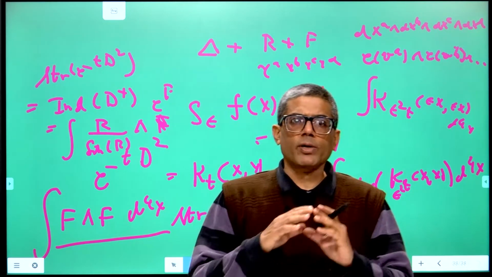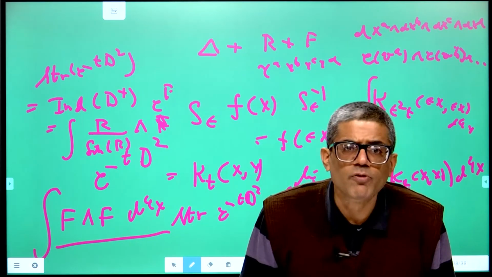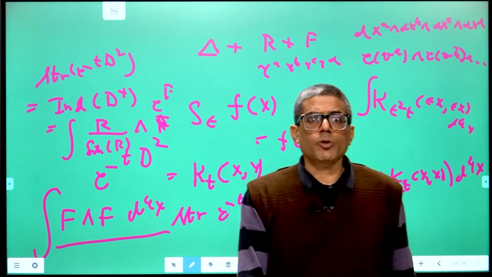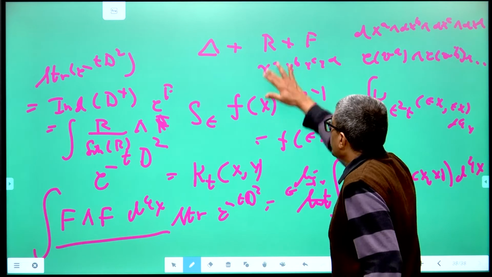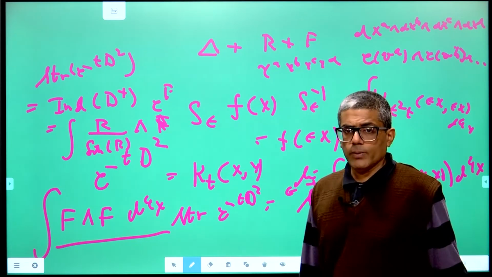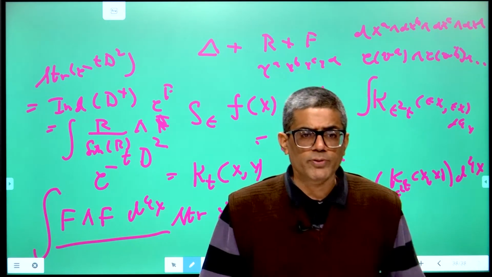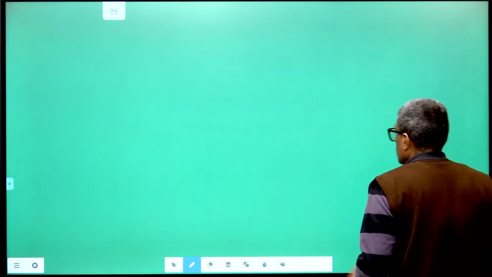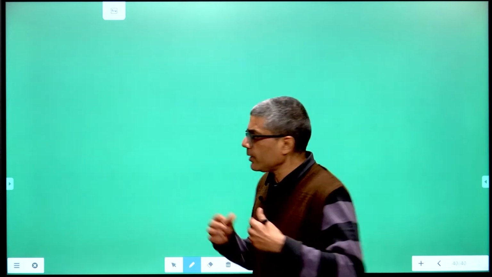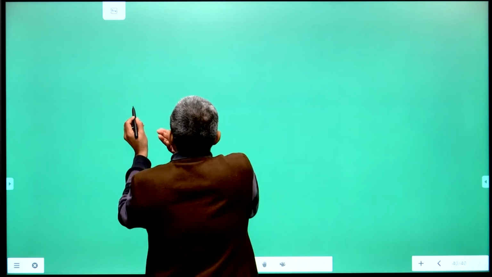In that way you are able to connect the algebraic properties of operators with integrals over topological classes. This was the major idea in the proof of the Atiyah-Singer index theorem. Let us see from a physical viewpoint how these things are explained more easily. So what you do is you compute,